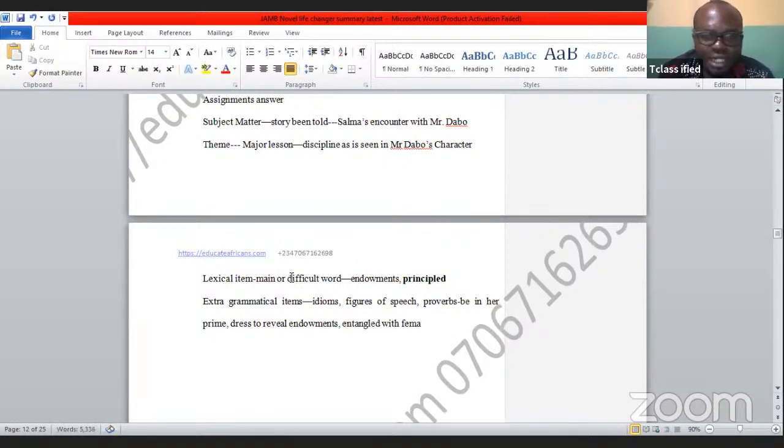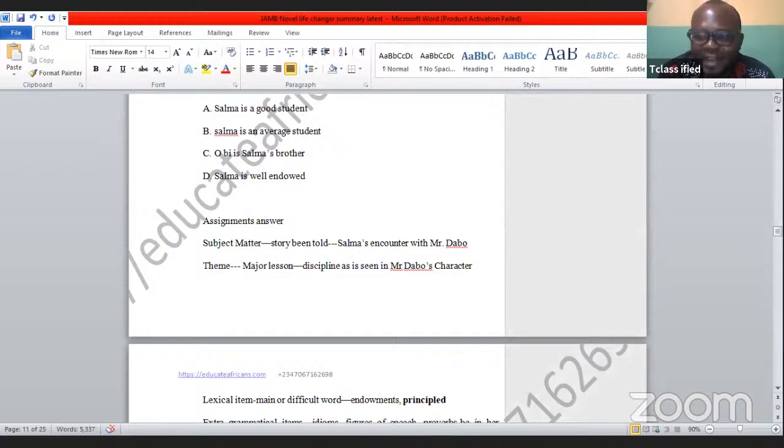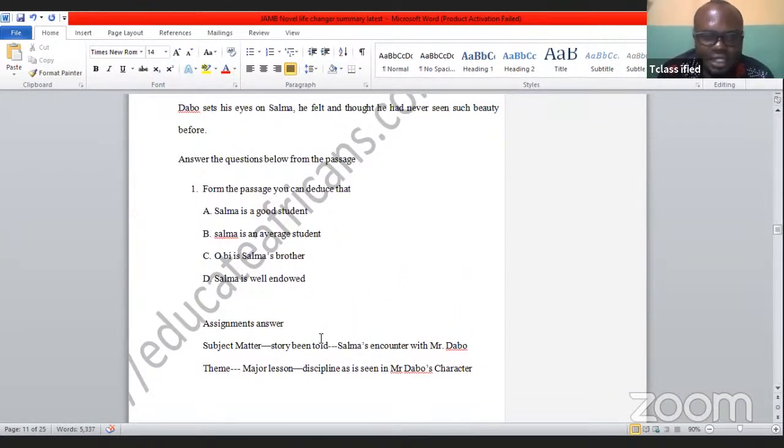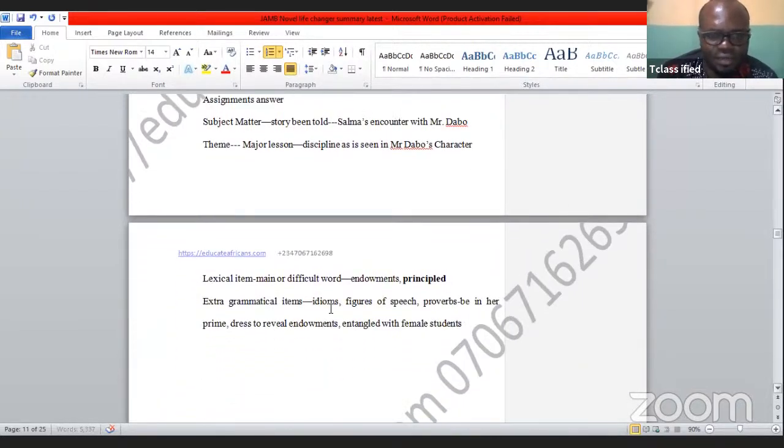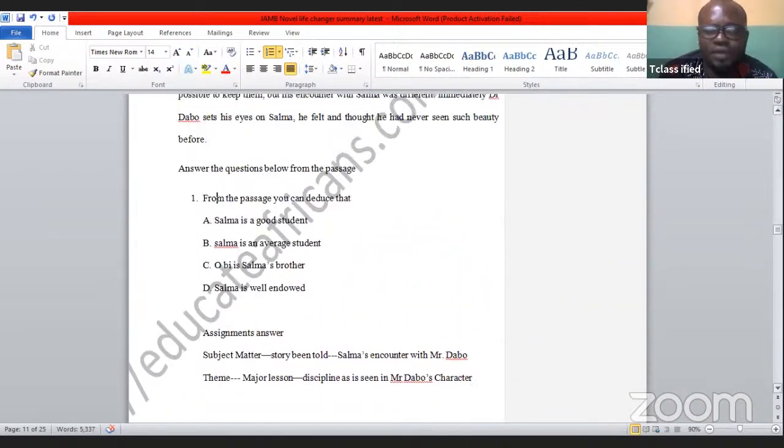When you're going to read, please make sure that you identify all these for that passage. After that, that is when you go about answering the questions. Having identified this part means that for any other question you see, you already have a good capture of what the passage is talking about, so that you can answer any questions. So you now read this one, and it says from the passage, you can deduce what can you say about Summer. You can easily say that Summer is well endowed. Why? Because you've already identified well endowed as one of the extra grammatical items. So it's easier for you to just pick out the answer immediately when you go through them.